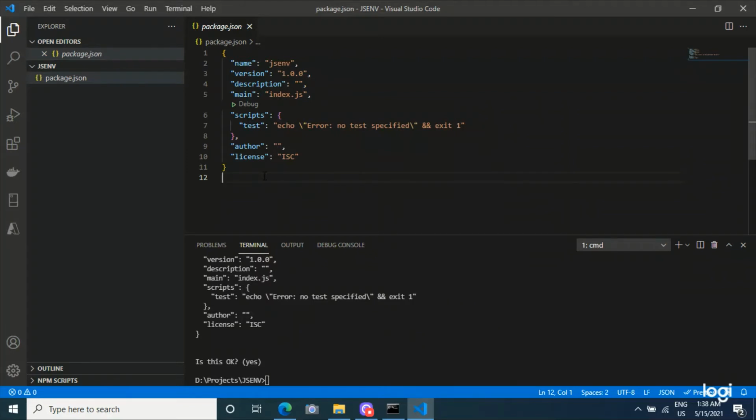Now I am going to install the web server. I choose the web server named light-server.